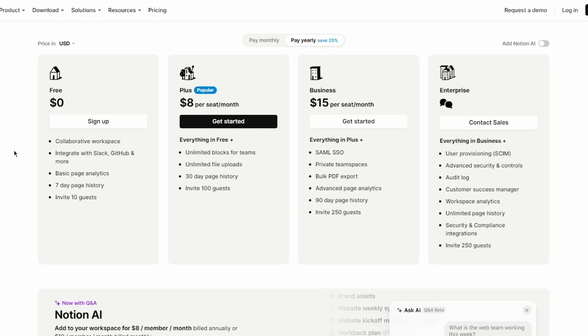And it's a collaborative workspace, which basically means that you can invite all the people you want. Then we have Plus, which is $8 per seat per month, everything in free included, plus unlimited blocks for teams and unlimited file uploads with 30-day page history, and you can invite 100 guests. Basically, page history is when you can view and restore past versions of any Notion page from the past 30